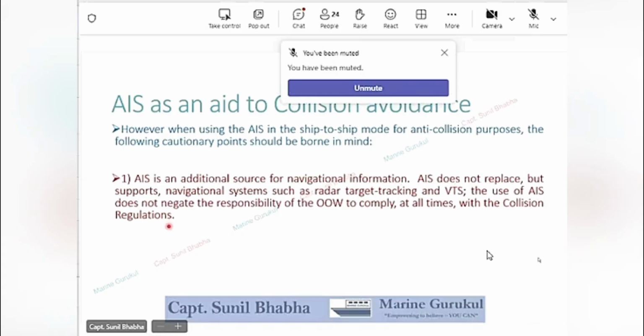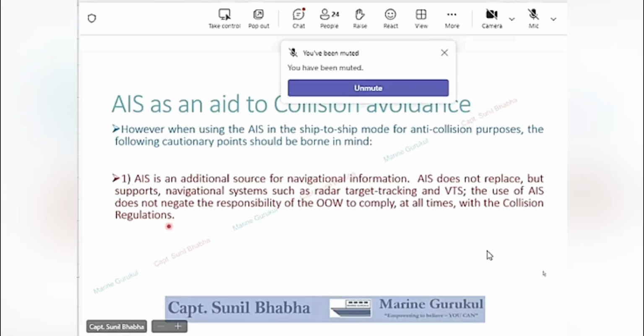If the AIS shows you a target at a particular place, it is very much possible that there may be no target and the target may have moved to some other location. But radar will only show you a target at that particular place if it is actually there. Barring a few limitations, the radar is much more reliable as compared to the AIS.